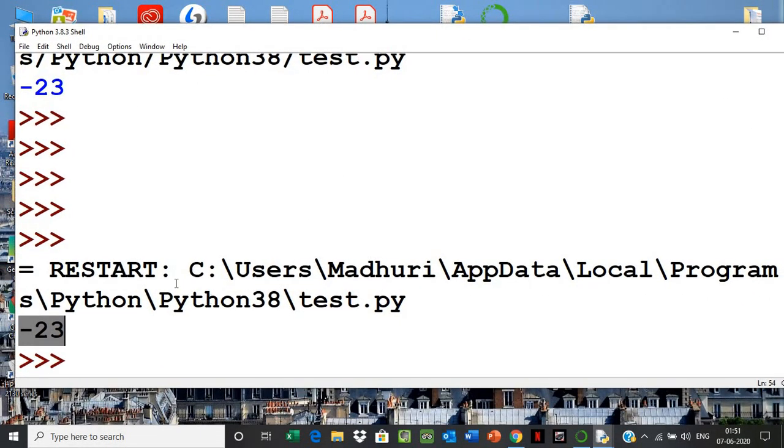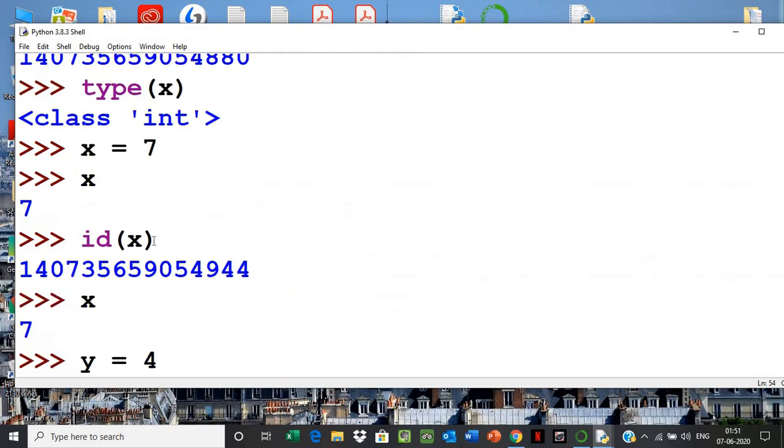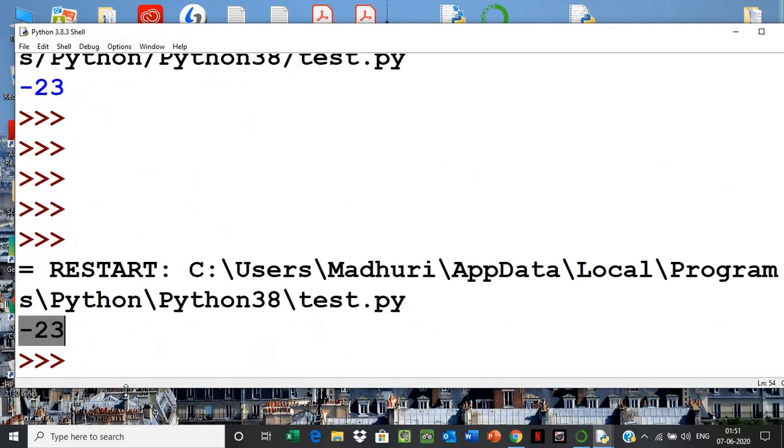One thing I comment: since I have written x equal to 7 and y equal to 4, you can also write x comma y equal to 7 comma 4. This way it looks smarter, in one line. That means in Python x is 7 corresponding, and the second item y is 4. Why you can write this, you will get to know later. So this is how you do basic Python programming.